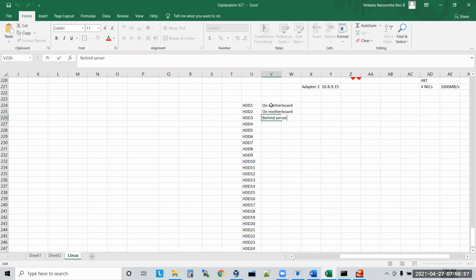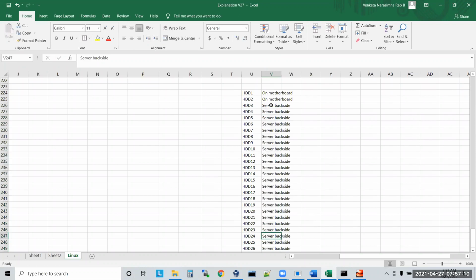Yes or no? Backside. Correct or not? Yes. You will have this one. So this is how it is. So these many slots are there. Total 26 slots are there. So 2 are on the motherboard and the remaining 24 are on the server backside.